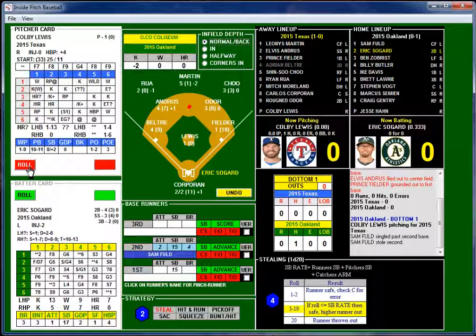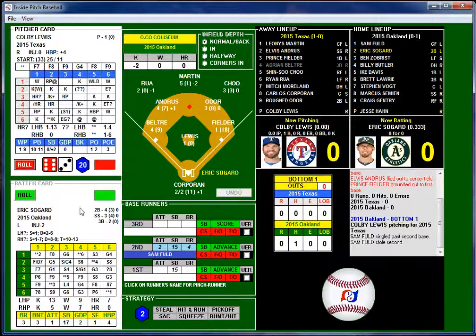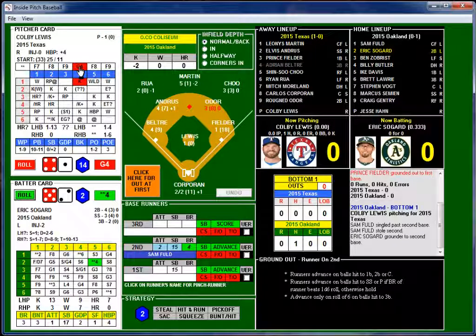All right, windup and the pitch, a lefty again. 41 and no strikeout. Nice low against righties, Eric. 52 is going to be a ground ball to second. If the ball is hit to first, second, or catcher, runners advance.